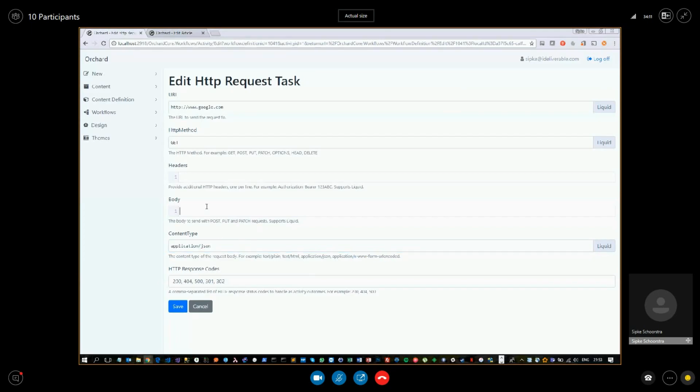Form encoded, then you would have to understand that HTTP protocol, that you provide a set of key value pairs. Otherwise, you can paste in JSON if you like. This has room for improvement, lots of room for improvement to make it more like Postman, for example. But it's there and it works and it's pretty cool.